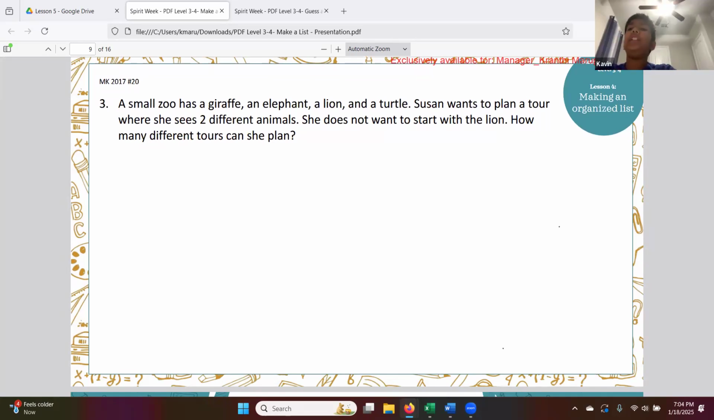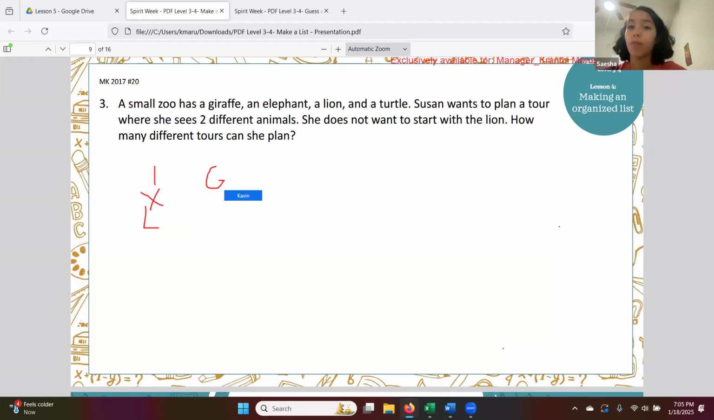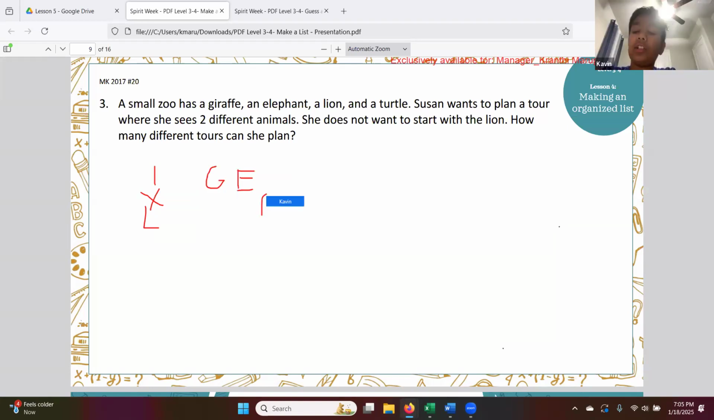So we know that at least number 1 cannot be lion. So we have 3 other animals to choose from to be number 1. So we can just mix and match, make up our own thing. So let's do G and then E first. Then after that, we can just switch it, E and G. And after that, we can just do